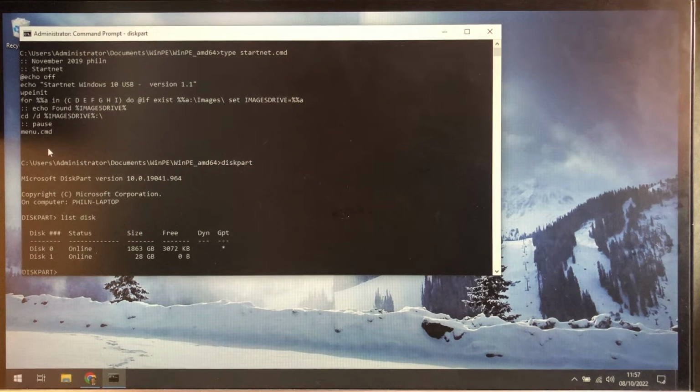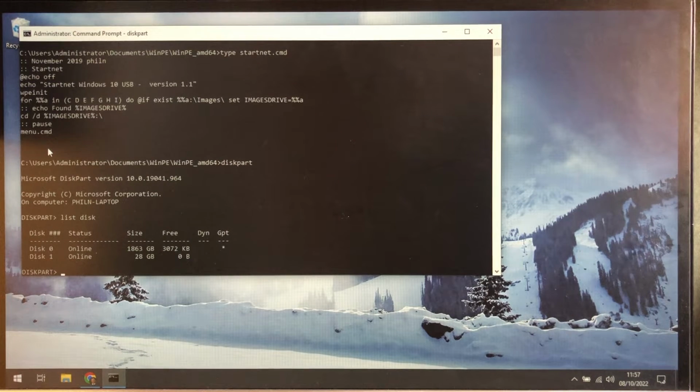So that's not big enough for the images that we're going to need. So what we're going to do is create a second partition that's going to be NTFS, which allows much bigger partitions. And another problem with FAT32 is it won't allow files that are bigger than 4 gigs. So that's going to be another problem. So to do this,